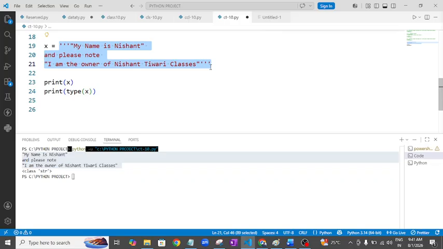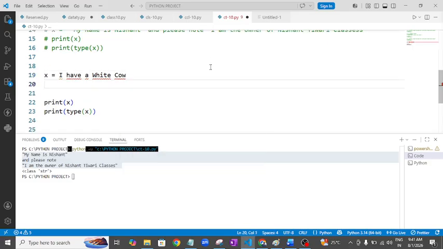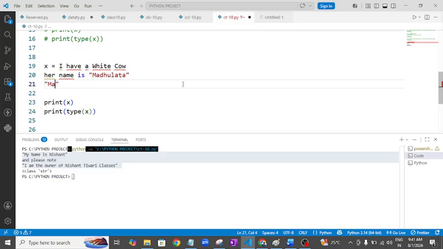Hope you are understanding. I have a white cow. Her name, in capital, is Madhulata. Madhulata is very loving. Okay, fine.